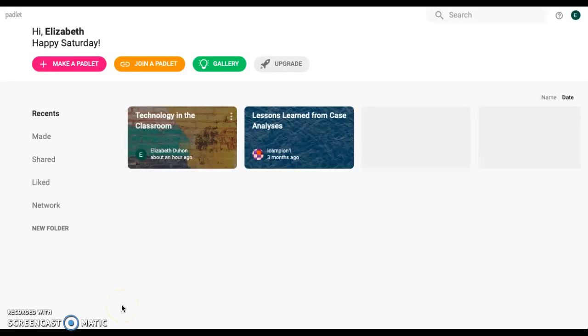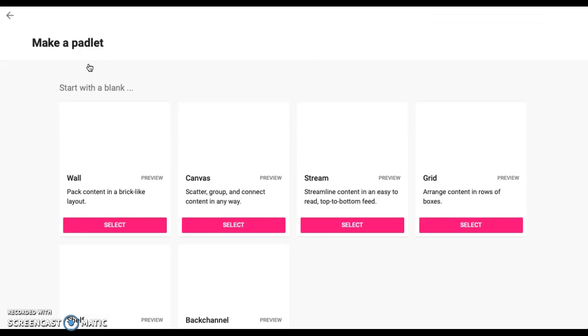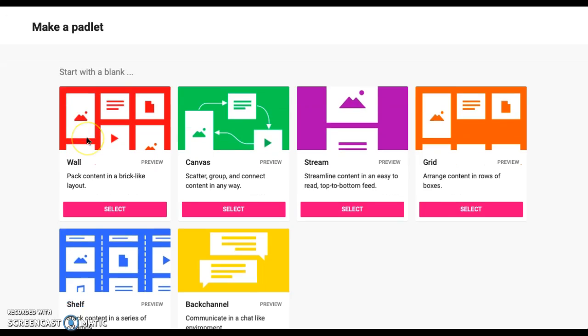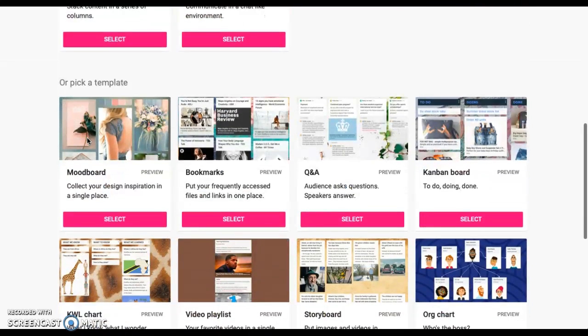This video is on how to create a Padlet. When you log on to your Padlet account, this will be the first screen that you see. So you'll go up to Make a Padlet. You click there. Then you'll get to choose whether you want to start with a blank template or one that's